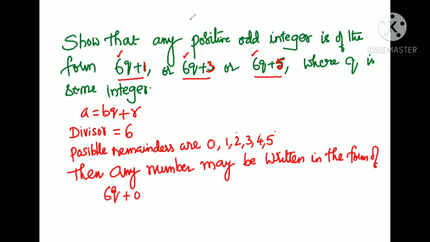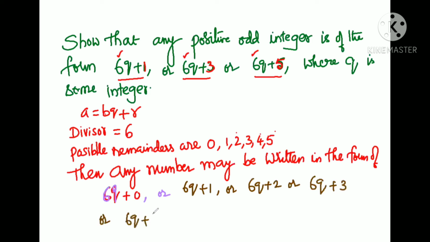The remainder is 0, then the number can be written as 6 into something, or 6q plus 1. If you divide with 6, you will get remainder 1, or 6q plus 2, or 6q plus 3, or 6q plus 4,